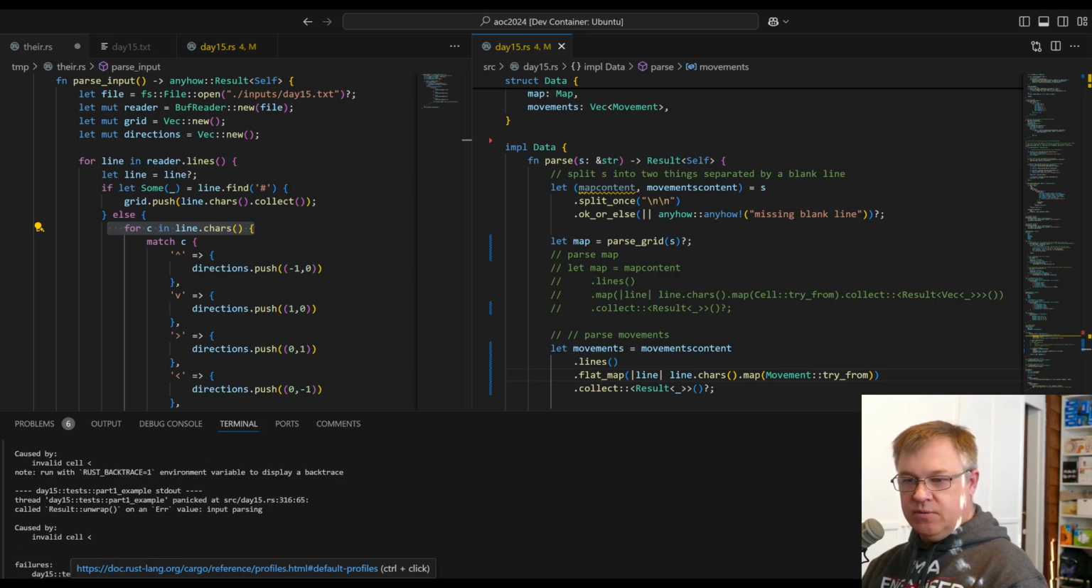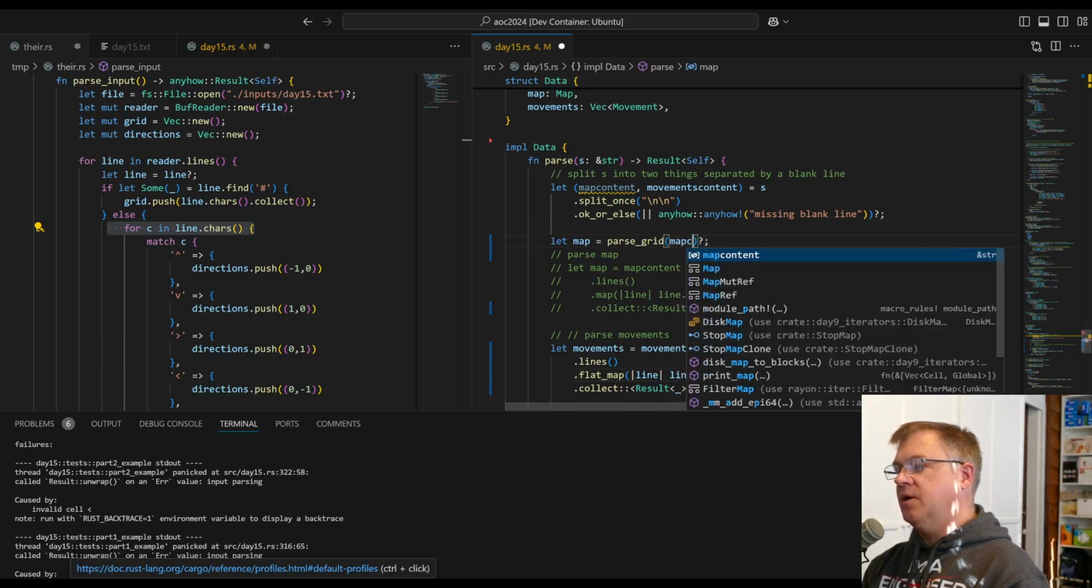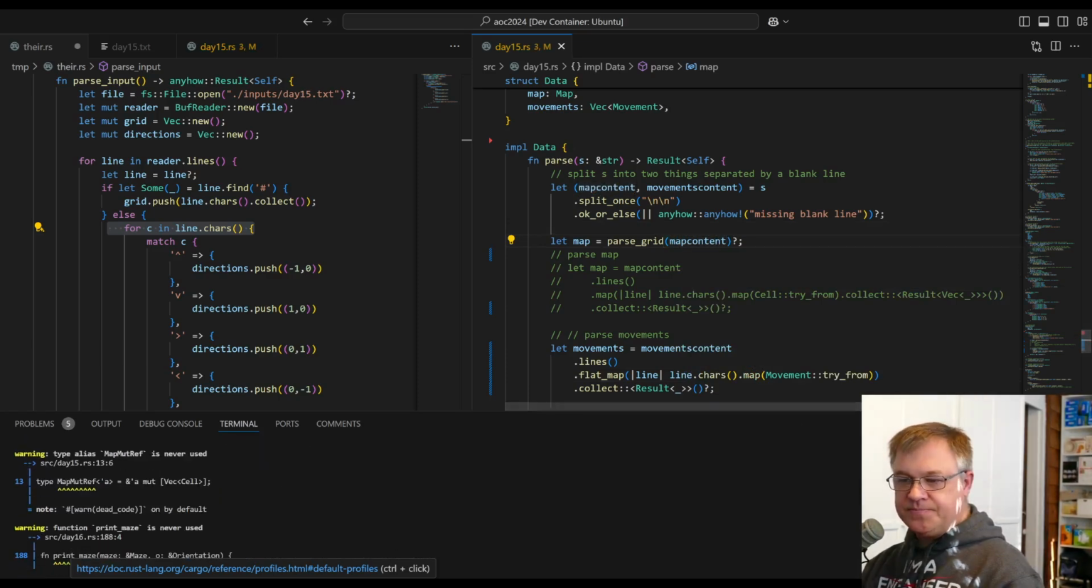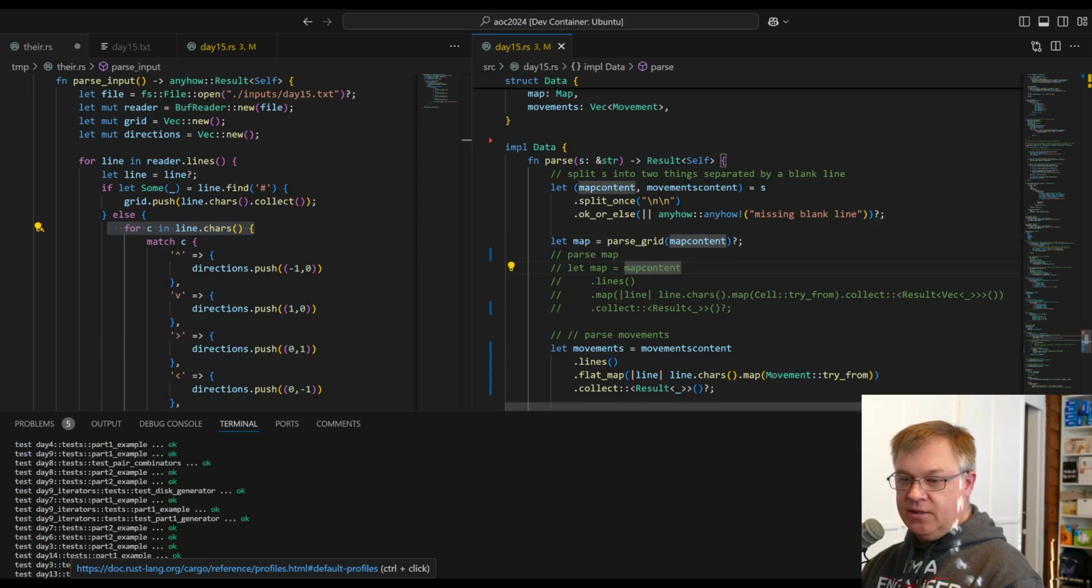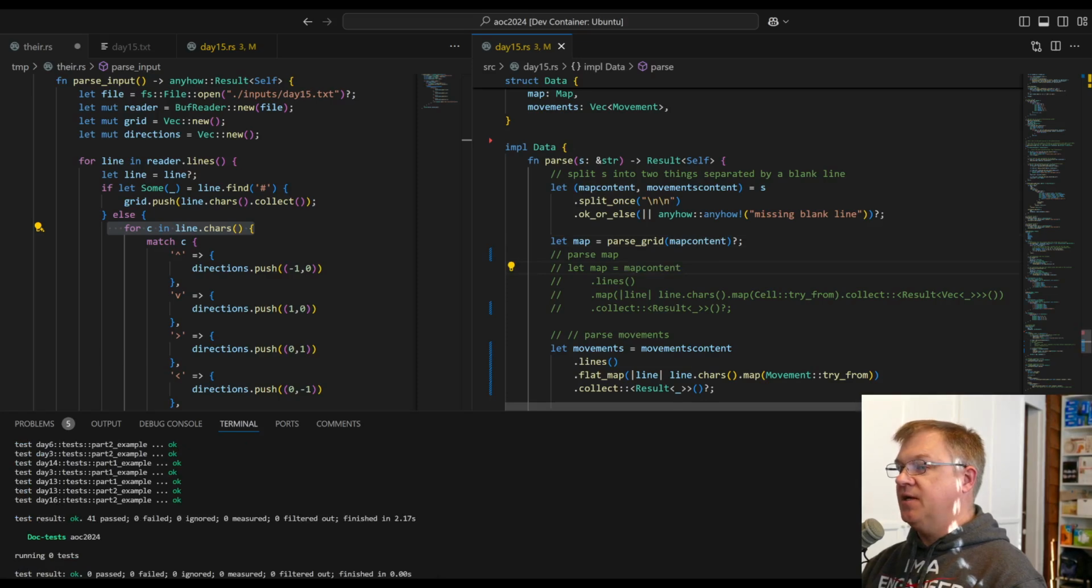Oh, unwrap, invalid parsing. Why is this unwrapping? Invalid cell. Oh, because it's trying to parse the whole thing. I really need to parse the map content. Isn't testing really nice? So once I fix that, we should be good. All my tests pass. So by just calling parse grid on map content,